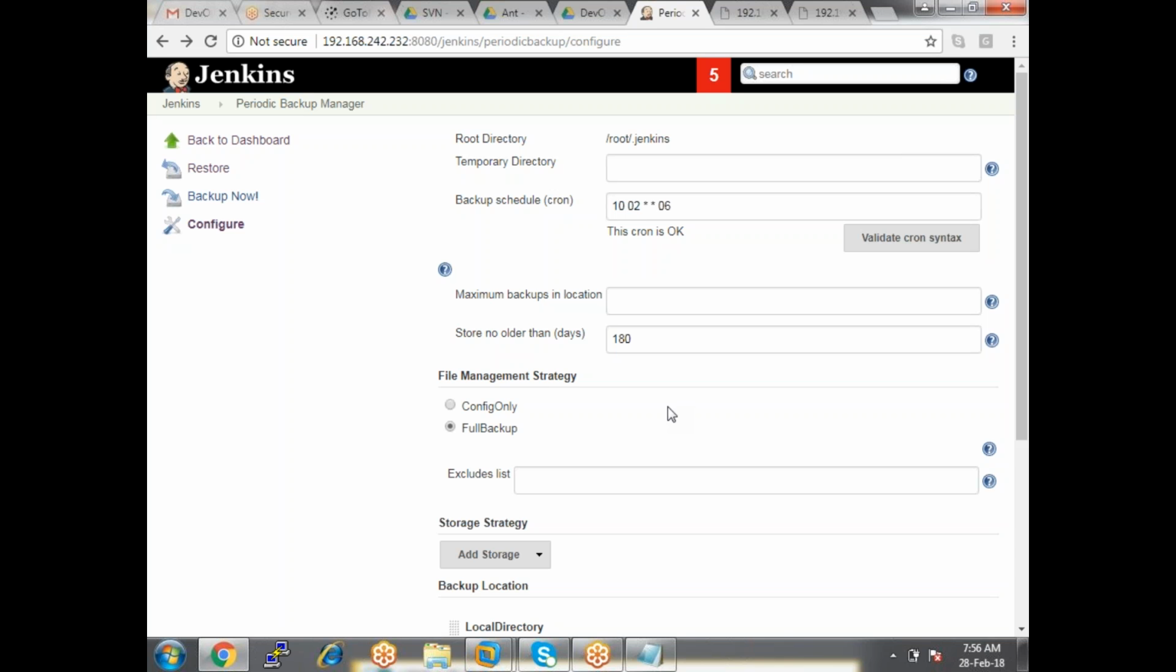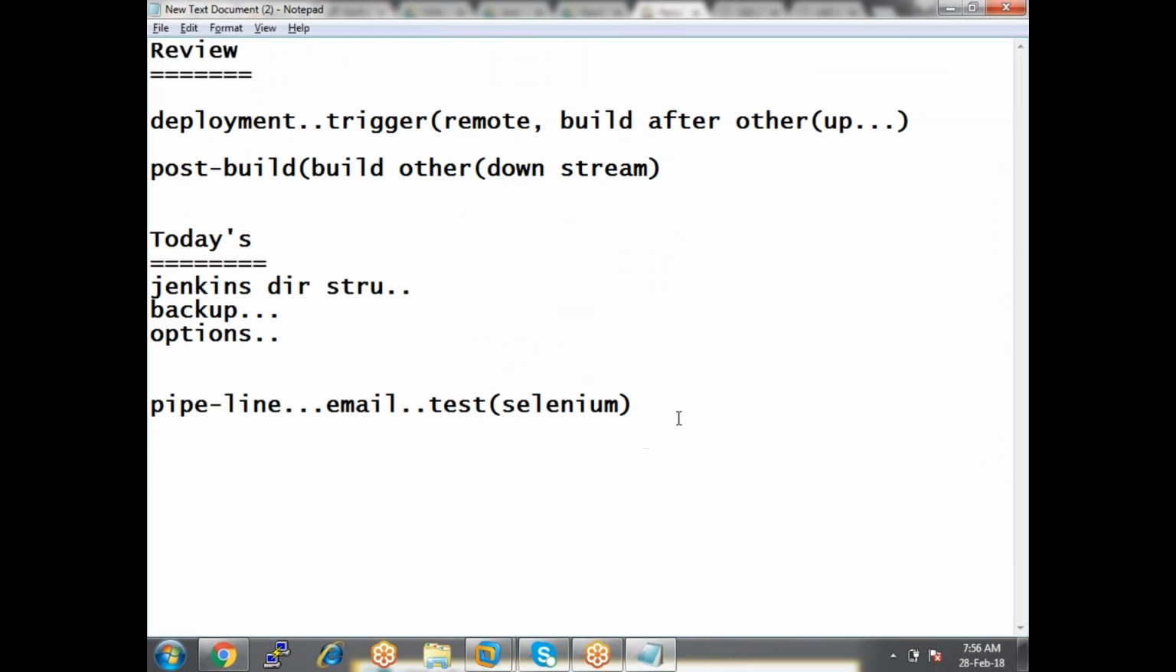Now I have one more machine. We have created one more machine, some 242.230. This is a new machine. On this we have installed Jenkins. And the older machine we have is 242.229. So our latest machine is 230. On this Jenkins master,